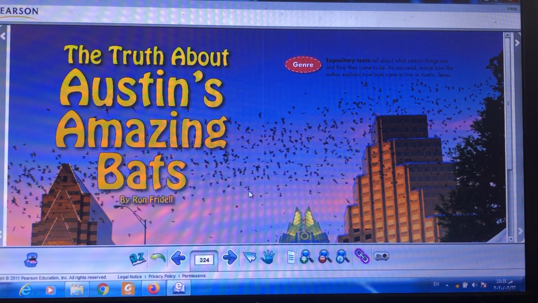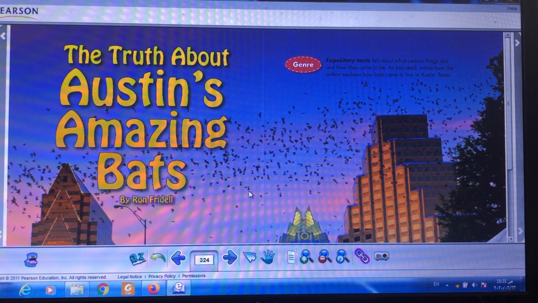All expository texts tell you a lot about things, facts about them, information about them. The selection today is going to tell you about bats, the amazing bats of Austin.